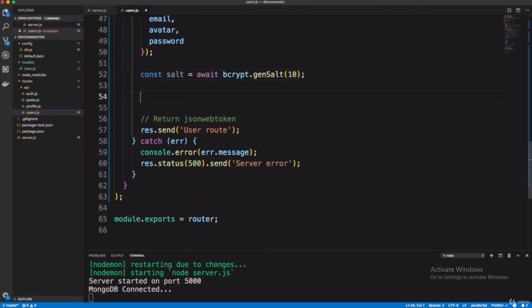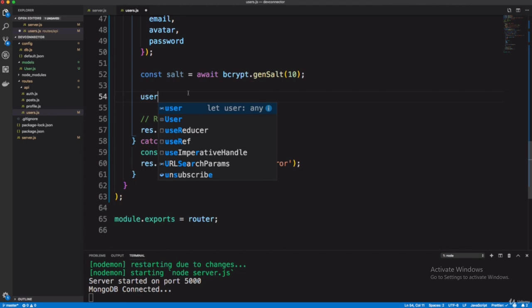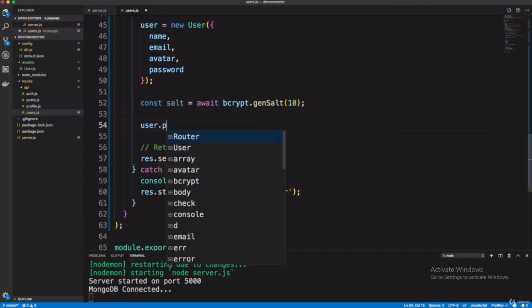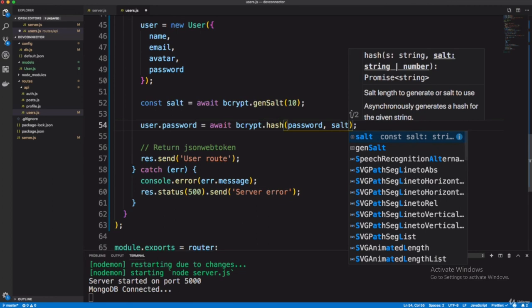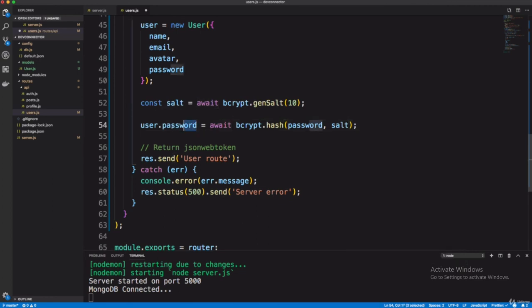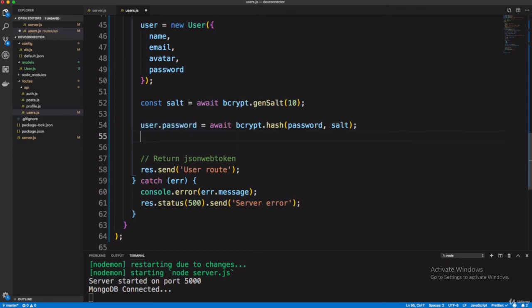Now the next thing is to use bcrypt on the password field. Then user.password equals await bcrypt.hash, and here you write password, salt. It will hash your password with the salt of 10 rounds, and a random value will be generated.